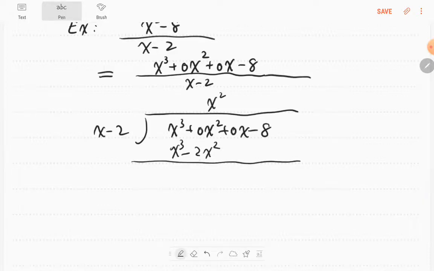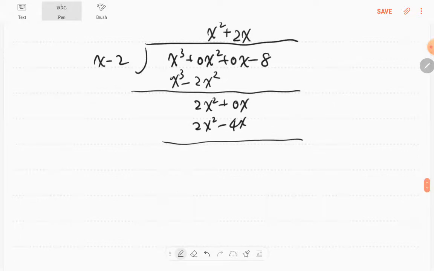After that, we will check the difference. The top one minus the bottom one. So minus positive just like a plus 2. Next step, we just copy down one more term. So we just copy this, right? Then we check the first term here, 2x squared. So which one times x will get 2x squared? We will say 2x times x, we will get 2x squared. So still do the subtraction, we will get positive 4x. We copy down the last term, 4x